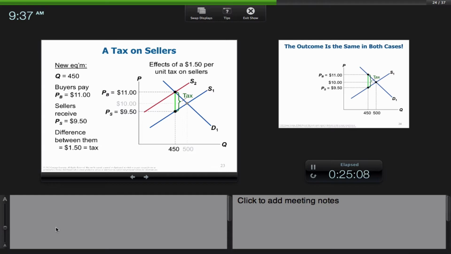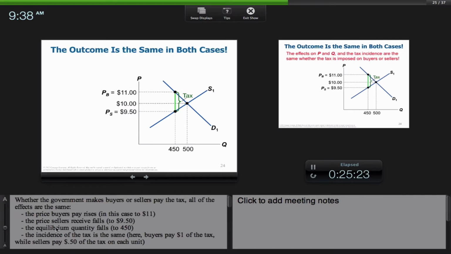It does not matter whether you tax the buyer or the seller, does it? The pizza's still costing you now $11, right? All of that was to prove this point. It's the same either way. The effect on price and quantity is the same, whether the government says the tax is on buyers or the tax is on sellers, which is where I started with all of this, right? As I said, the seller is always going to pass the tax on to the consumer. If they're willing, they're not going to